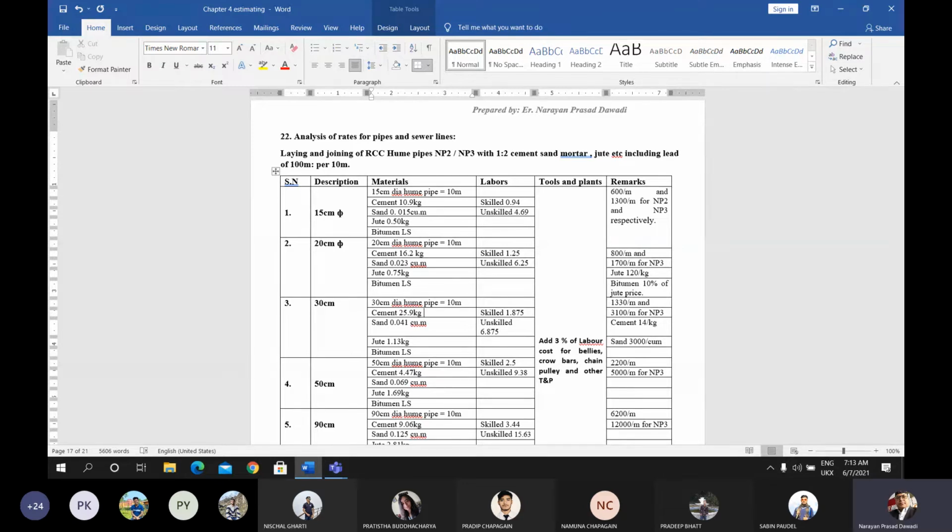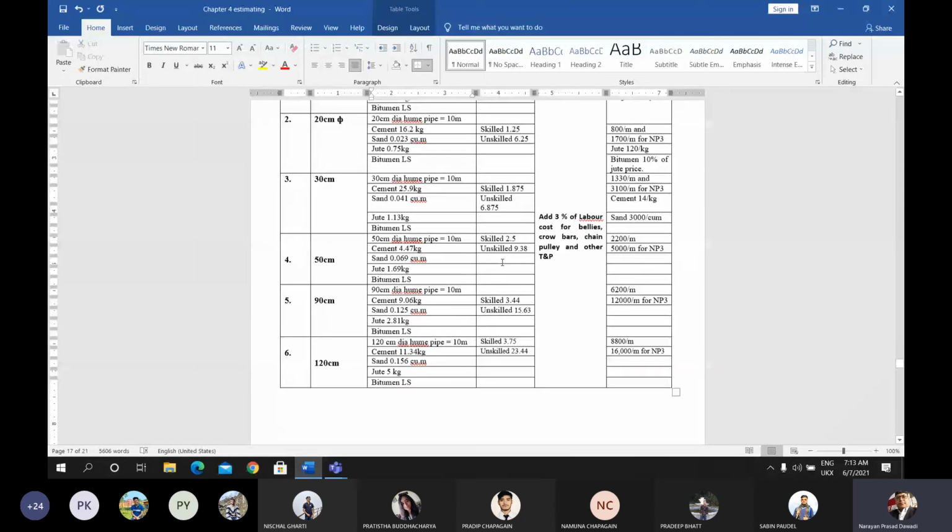Okay, and then you can find all the cement, 14 per kg or 15 per kg. If you provide the one bag of cement as 700 per bag, then at that time the per kg rate will be 14. If you provide 750 per bag, then the rate will be 15 rupees per kg. Okay. Now sand as 3000 per cubic meter. All these data are given here for the